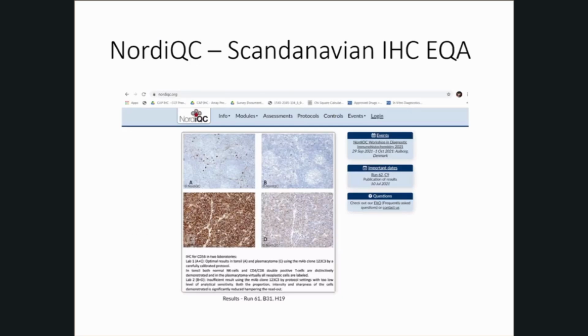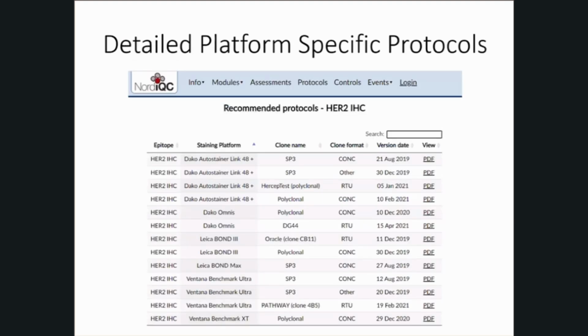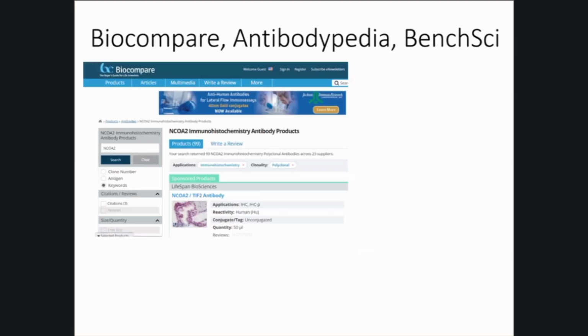So here's a screenshot from Nordic QC. You can find, depending on your analyte of interest, HER2, platform, DACO autostainer link 48 versus Omnis versus Bond 3 versus Benchmark Ultra, platform specific protocols that you can click on as PDF. And all this information is free. Here's the BioCompare